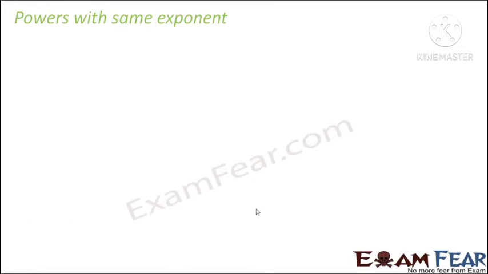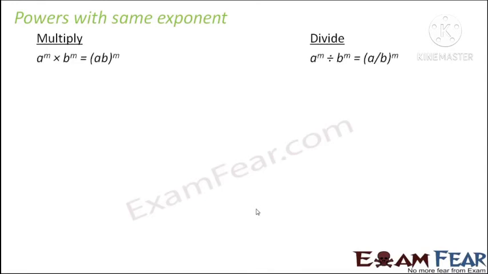Now let's talk about powers with same exponents, that is the bases are different but the powers are the same. Something of this sort where the bases are a and b respectively but the exponent is the same, which is m. So again here also we will take examples. So let's first consider examples for the multiplication. So let's say you have something like 2^-3 into 3^-3. As per this law, this can be written as (2 into 3)^-3, that is 6^-3.